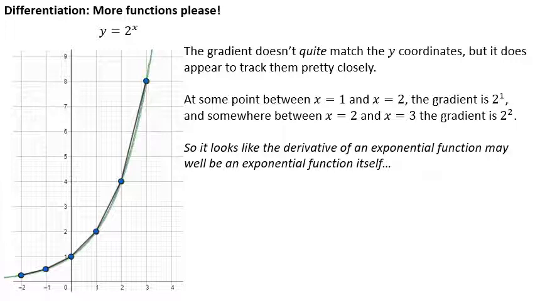Now, so far, we can't say for sure, but it looks like the derivative of an exponential function will itself be exponential. That suggests that this function is not just growing at an increasing rate, but that the rate at which it's growing is growing at an increasing rate, and the rate at which that rate is growing at an increasing rate, and so on. In fact, a good thing to try at this point will be to jot down a geometric series like 1, 2, 4, 8, 16, and then look at what you have to add every time to get from one term